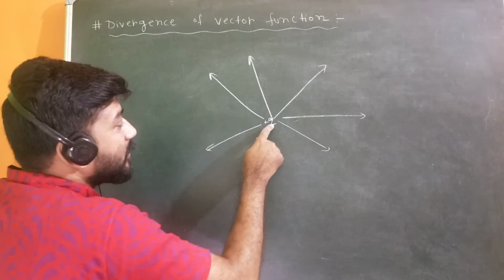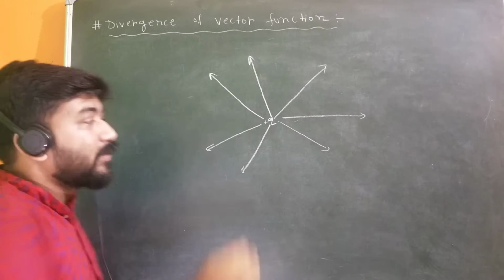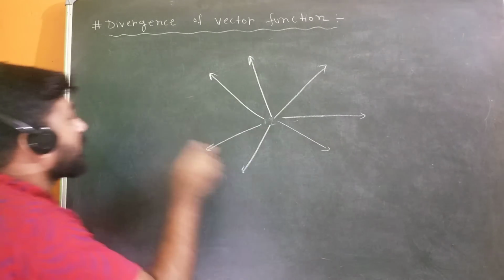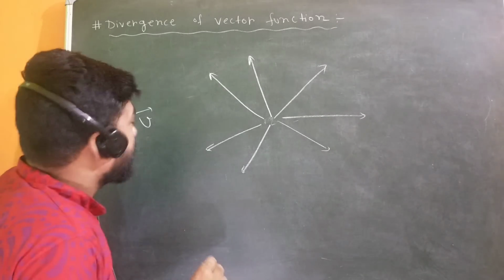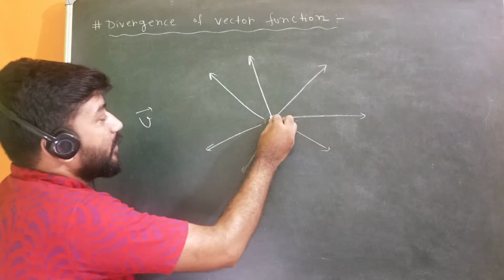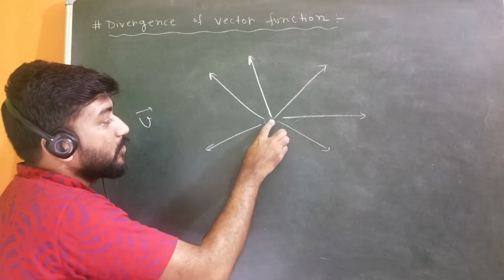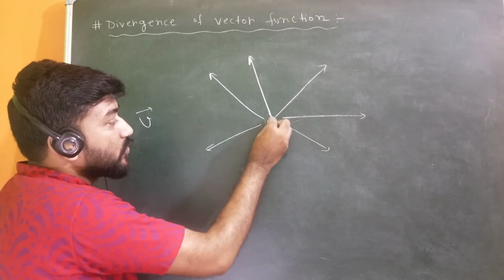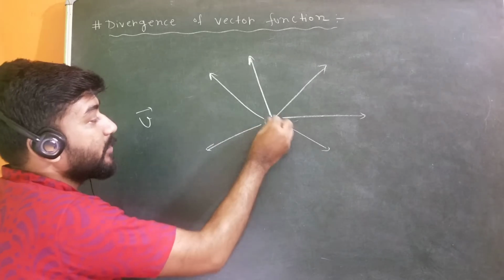But in reality, electric field is analogous to a flow quantity. It is not actually a flow quantity, but the velocity vector is a flow quantity. It is flowing, obviously. So you can imagine that a fluid or a liquid is flowing like this from a particular point. So you can say that this is the source of this field, the source of this vector v.